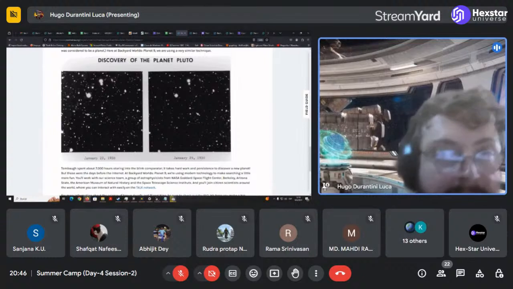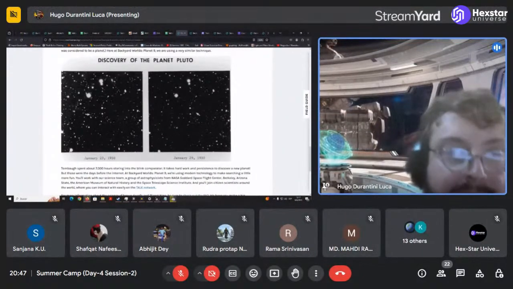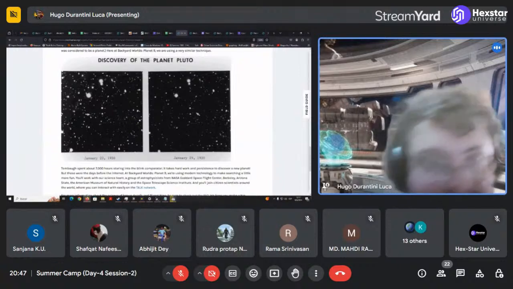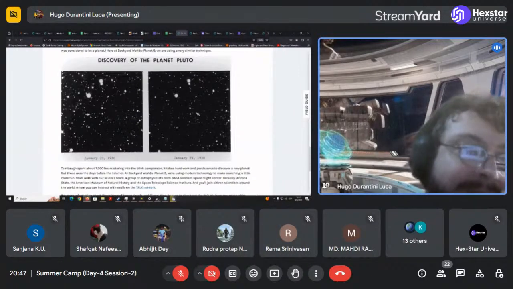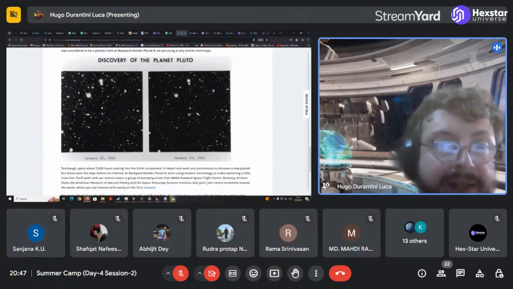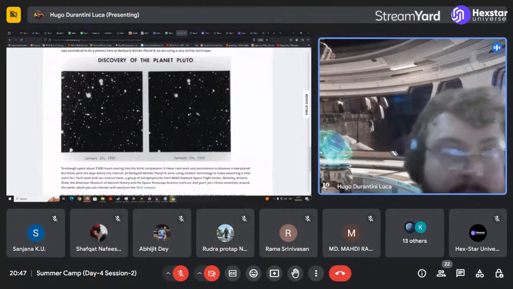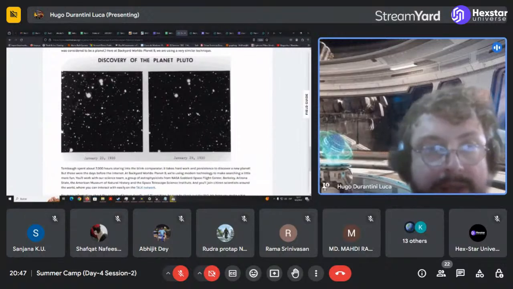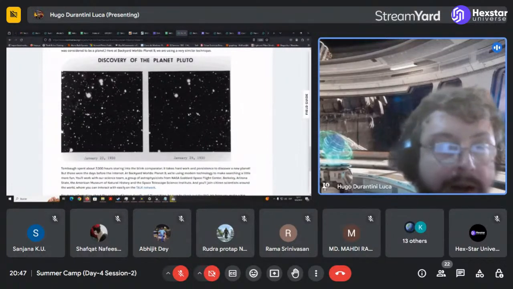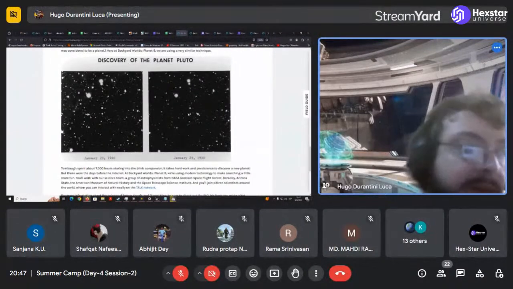So Pluto was basically discovered in the same way, barring the difference in technology, of course. Basically they were comparing one image to another using an instrument called a blinker, when you have only two images, one taken later or earlier than the other, and you were seeing what was changing. And Pluto was discovered like that.